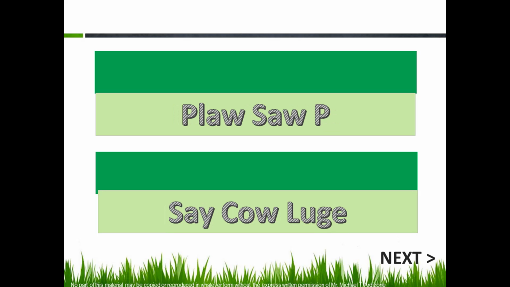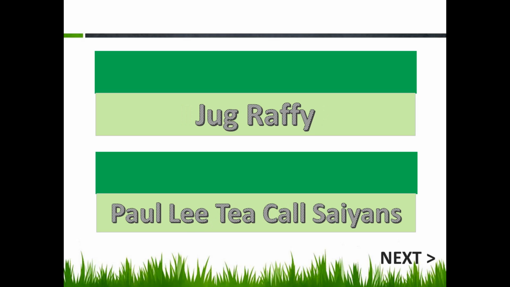Next. Number 3. Philosophy. Aha! It's philosophy. Philosophy is a social science discipline that deals with the study of human knowledge. Number 4. Psychology. Exactly. It's psychology. Another social science discipline which is concerned with the study of human behavior and mental processes. Moving on. Number 5. Geography. It's geography. Geography is a social science that deals with the biological and cultural features of the Earth's surface.